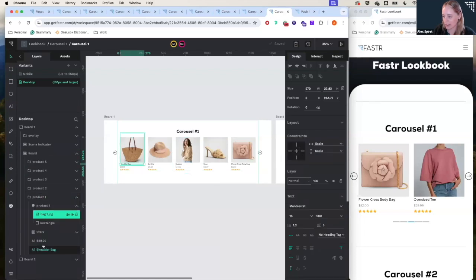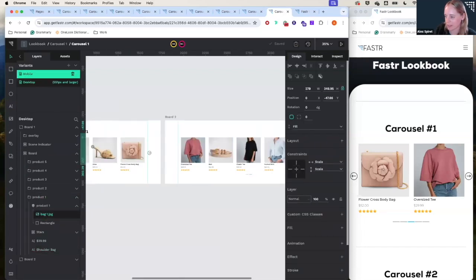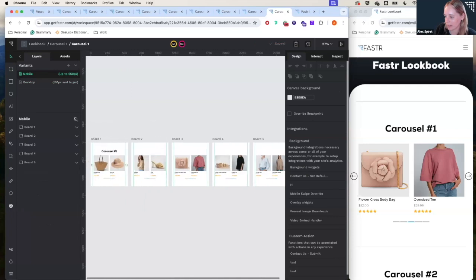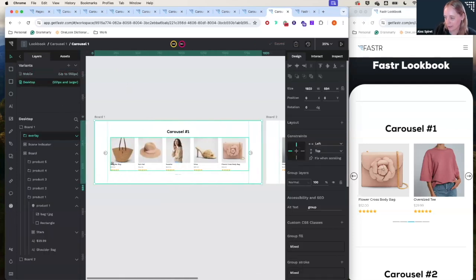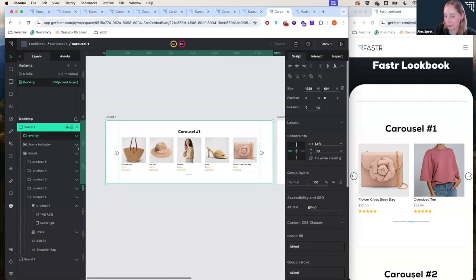And each one of these tiles you can just swap out, and mobile's the same. You've got your boards over here. And one thing we are doing slightly differently in here is that we have an overlay layer. And I'm going to pass this over to Brendan so he can talk to you about how to set that